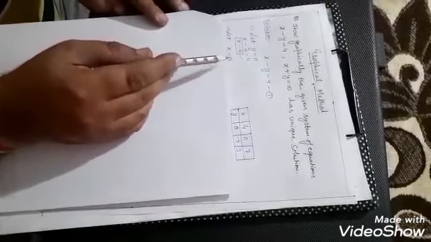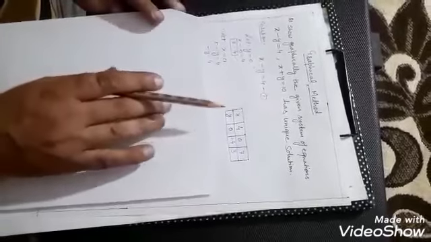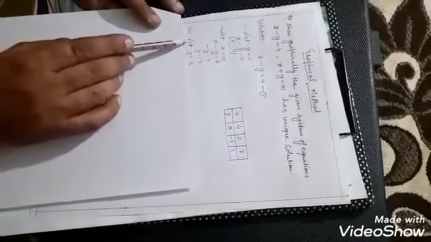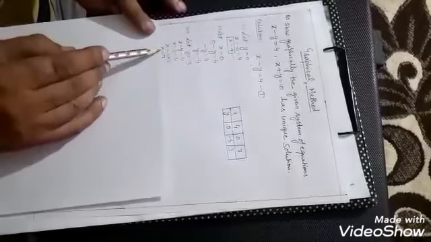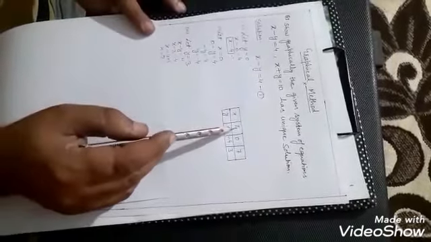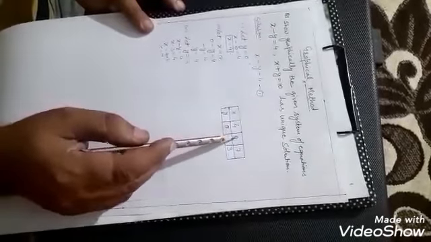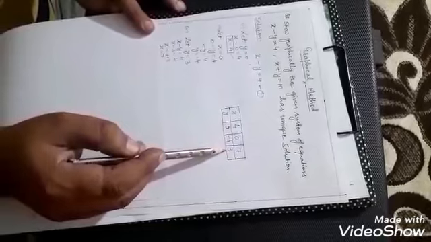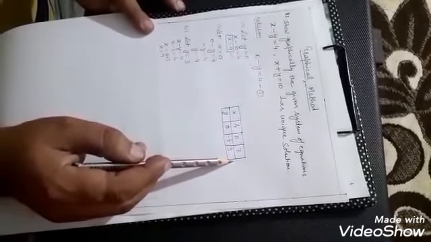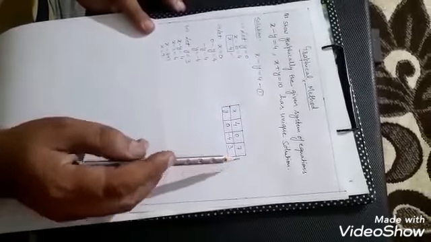If you take x equal to 0, then the answer of y comes out to be minus 4. If you take y equal to 3, then the answer for x is 7. So here is the table: 4 and 0, 0 and minus 4, 7 and 3. This is the table for the first equation. You have learned how to make the table in class 9th also. So let's draw the similar type of table for equation second.